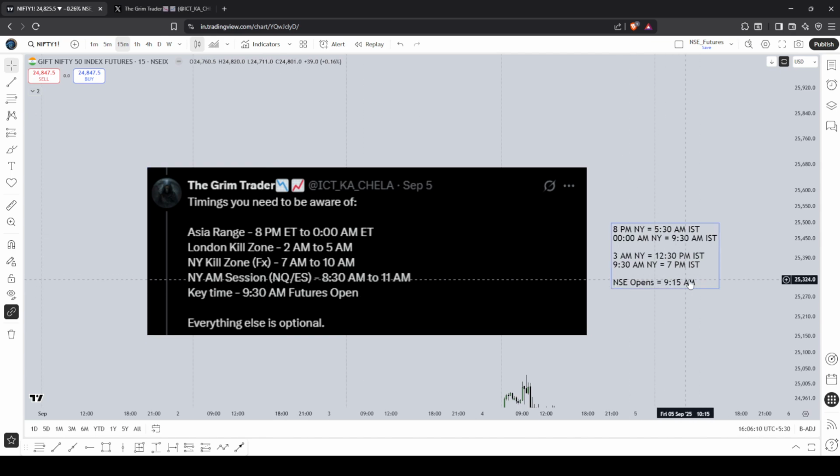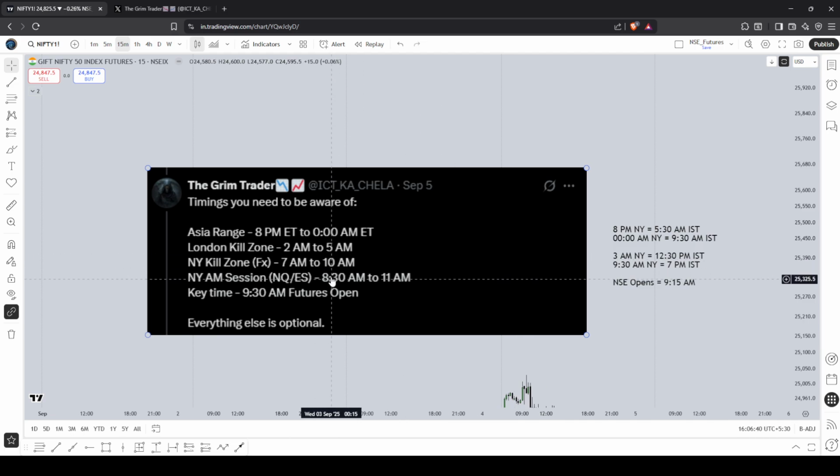In India, that time is 9:15 a.m. We don't have the majority of the movement overnight. There is some action on the GIFT Nifty, which I'm looking at here, during the overnight session, which is overnight for us in India, but for New Yorkers, it is their morning session. But it is not as important for us. Why? Because we are operating in India time. We are trading an Indian asset. We have to operate in India time. So pay very clear attention.